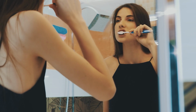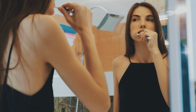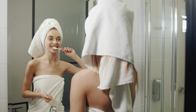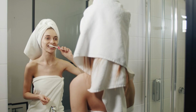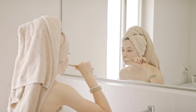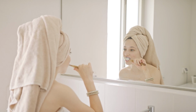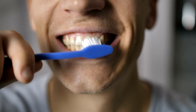line. From there, gently move the brush in a small circular motion and repeat this for each tooth. Don't forget to give the inside surfaces of your teeth some love too. Use the same back and forth motion to clean these areas. Then move on to the top or chewing surfaces of each tooth and brush them well. Next, use the tip of your toothbrush to reach behind each tooth. Make sure to brush both the front and back, as well as the top and bottom, using up and down